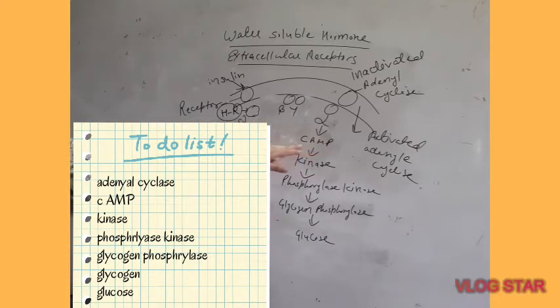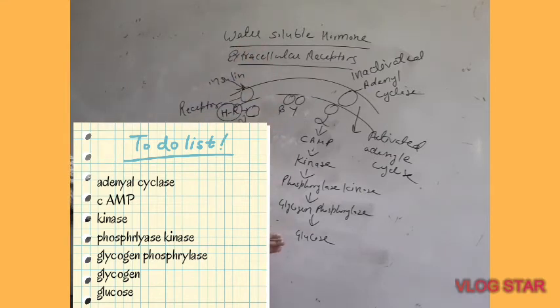So the formation of activated AMP acts as a second messenger. This cyclic adenosine monophosphate is a second messenger. It further activates inactivated kinase into activated kinase, and activated kinase activates another messenger, phosphorylase kinase, which was also inactivated earlier. So it gets activated in the presence of kinase, and activated phosphorylase kinase now activates glycogen phosphorylase, and this activated glycogen phosphorylase now converts glycogen into glucose, and the end product formed in the hormone action